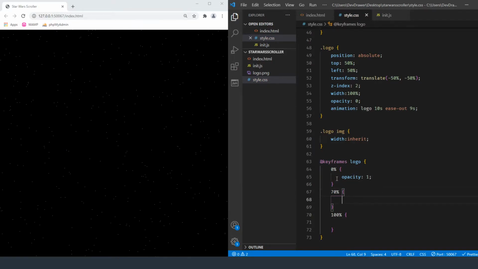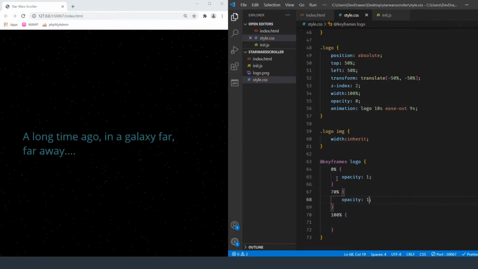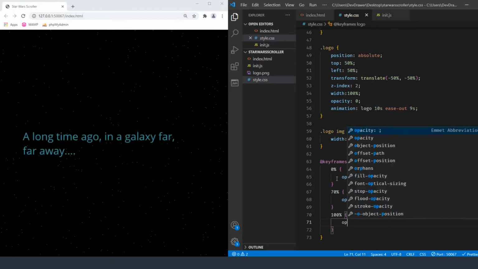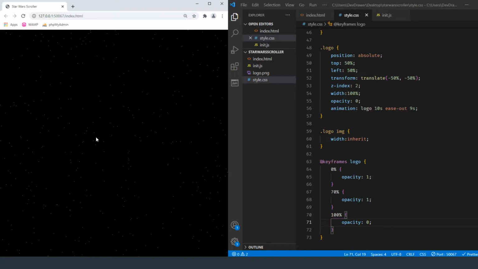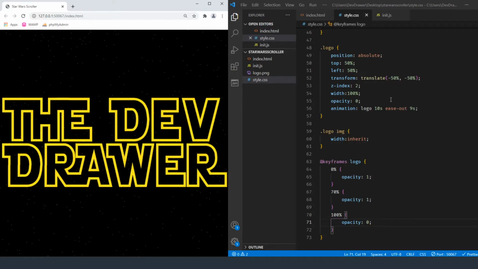And then when it gets to about 70%, it's still going to be 1, but we want it to start fading out. So the next part here is going to be opacity 0. So that should give us the fade in, fade out that we want, but it's not going to zoom in and zoom out right now. So it should just fade in and fade out.